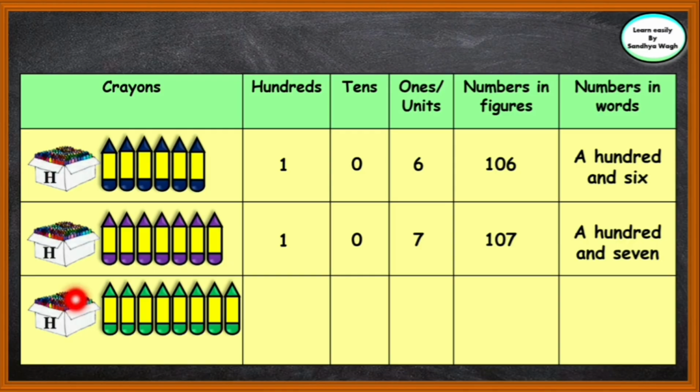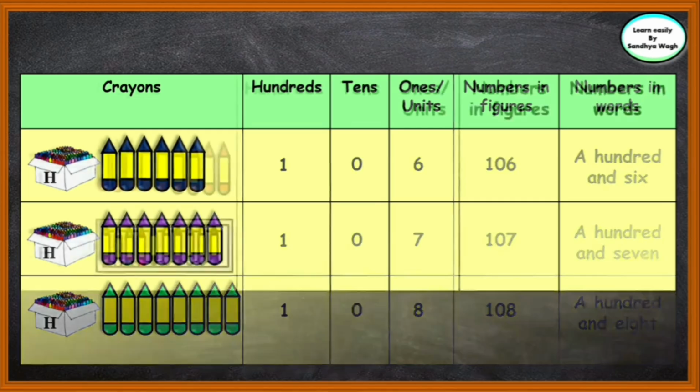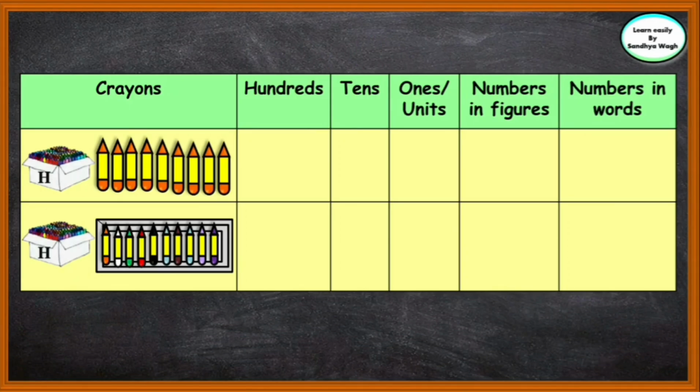In this next picture we have a box of 100 crayons and 8 more crayons, which means 100, 0 tens and 8 ones. In figures it would be 108 and in words it would be 108. Now children, over here we have a box of 100 crayons and 9 more crayons, which means 100, 0 tens and 9 ones. In figures it would be 109 and in words it would be